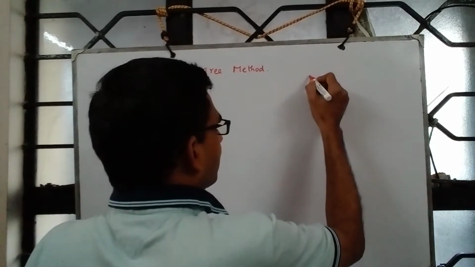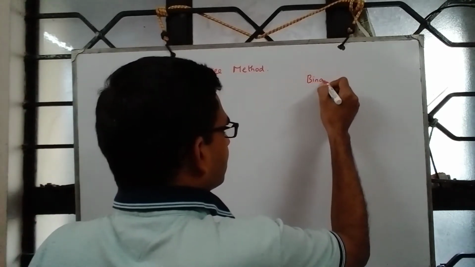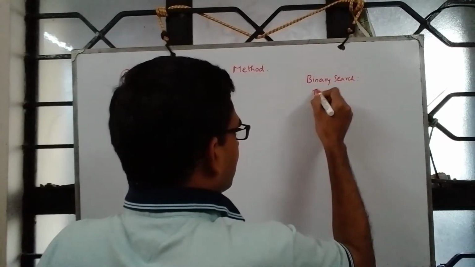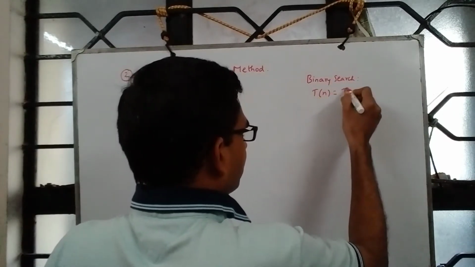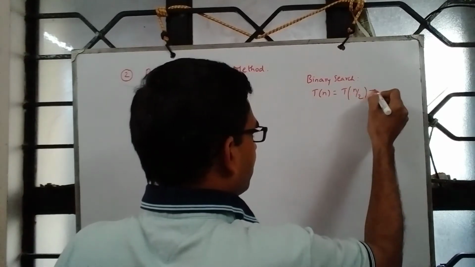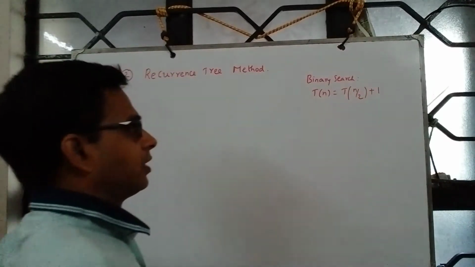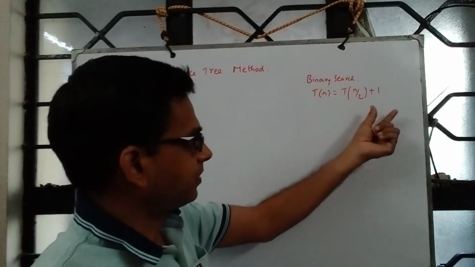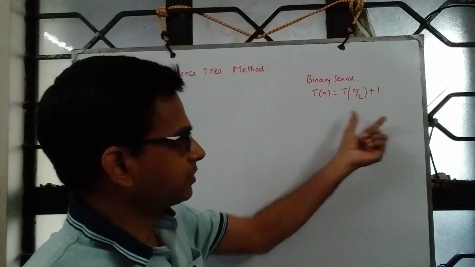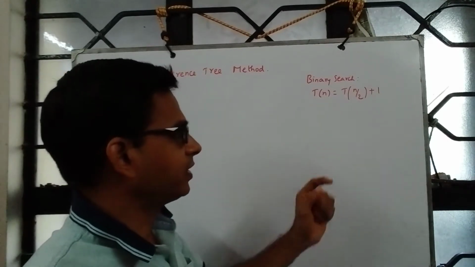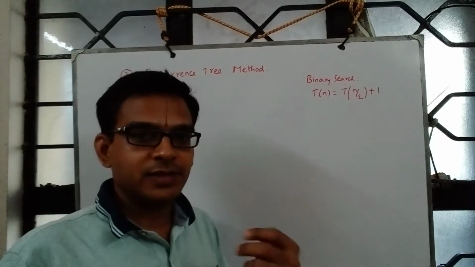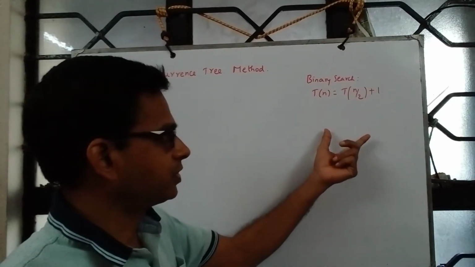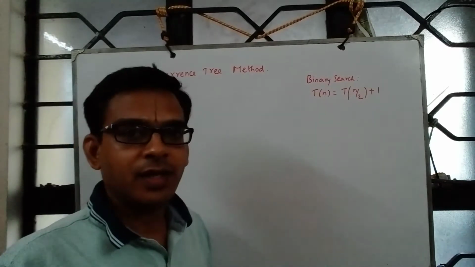If you look at say binary search, we said the recurrence relation is T of n is equal to T of n by 2 plus 1. And repeated substitution says this becomes T of n by 4 plus 1, then T of n by 8 plus 1 and so on. And finally, when we stop the recurrence when it reaches problem size 1, we saw that on simplification, solution to T of n is log n plus 1.